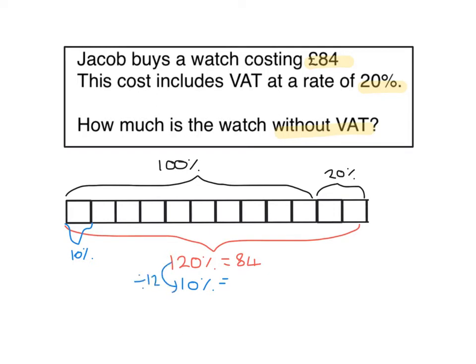Now this is where people go wrong because they've memorised that to get 10% you need to divide by 10. But that's not the case because this time we're not starting with 100%. We're starting with 120%. So I've got 84 divided by 12. I can just do a quick down the side, my times tables. 12, 24, 36, 48, 60, 72, 84. So that's 1, 2, 3, 4, 5, 6, 7. So 10% is 7,